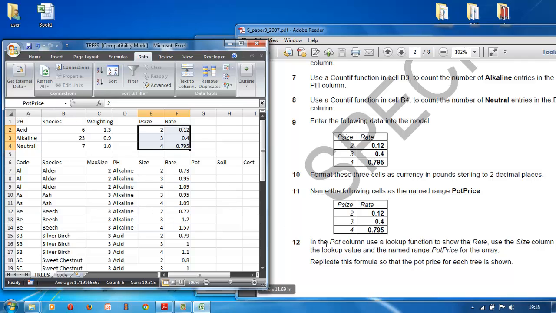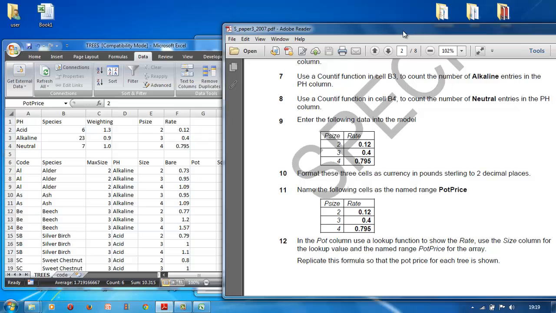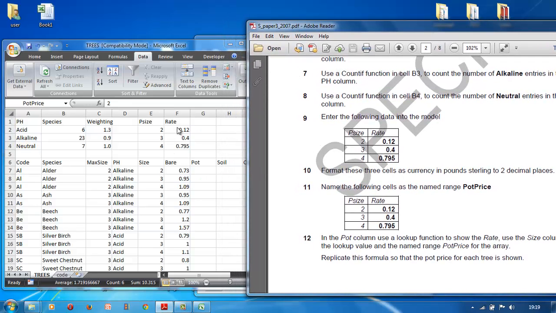Okay, in the pot price column, use the lookup function to show the rate. Use the size column for the lookup value, and the named range pot price for the array. Okay, so we want to show the rate. We want to show this over here. How do we do that? We want to bring this information into this table. So we use a